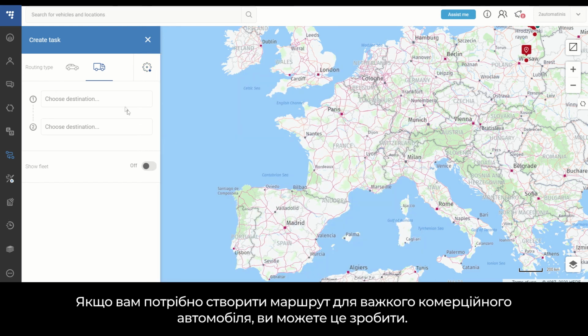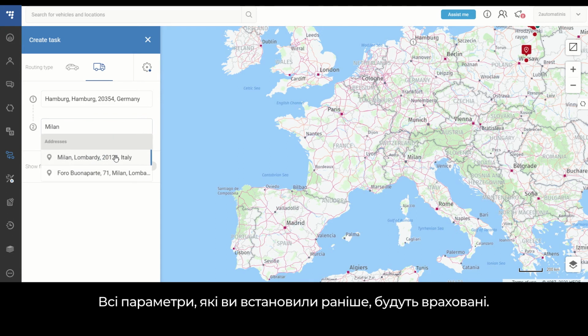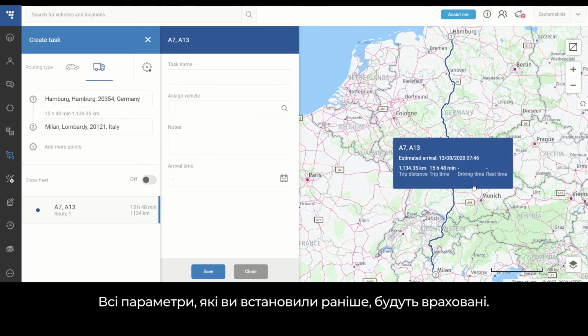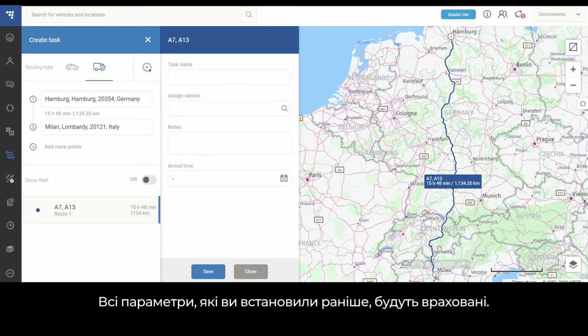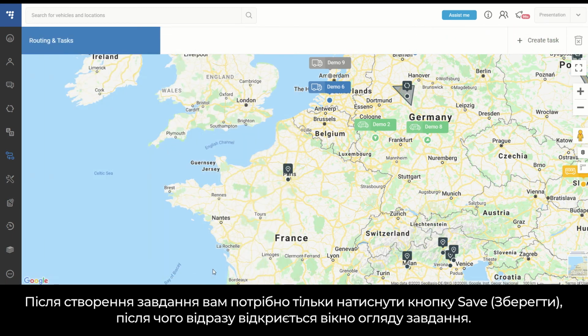In case you need to create a route for the heavy commercial vehicle, you can do so. For example, the route can be created the same as for the Hamburg to Milan route demonstrated previously. All parameters you set before will be taken into consideration. Once the task is created, you simply need to click on Save, and you are quickly redirected into the task